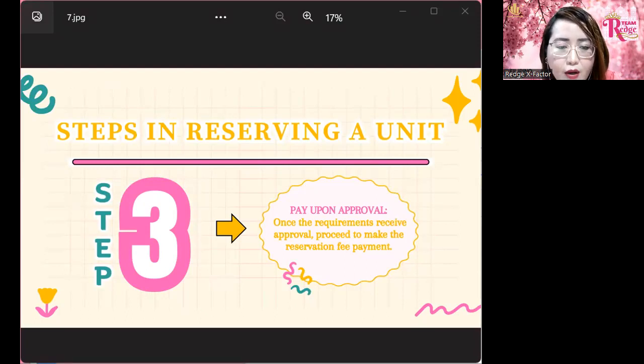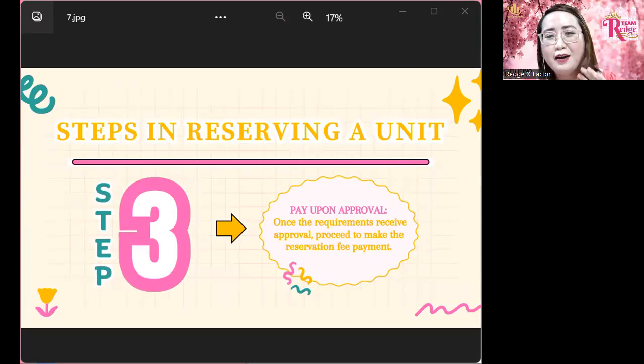Some developers, they require to check the proof of income kasi gusto nilang malaman if yung buyer is really okay to make a loan from the bank or the pag-ibig. Okay, so just a technique, mga boss, if yung developer na yan is okay naman na mag-pay na yung client sa reservation fee while submitting the initial requirements, while on the process of submitting the initial requirements,